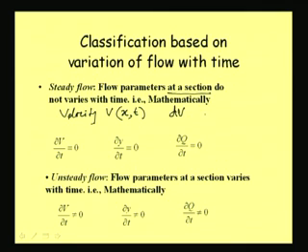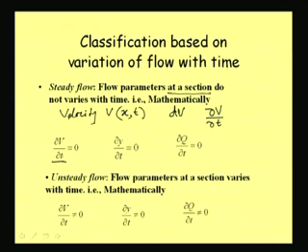Now, when we say that it is varying with space and time, that means total variation is partially with respect to time and partially with respect to space. So, when we say variation of velocity with respect to time, we write partial variation of velocity with respect to time. And when we write that del V del T is equal to 0, it means partial variation of velocity with respect to time is equal to 0, which means it is not varying at all with respect to time, but with respect to space it can